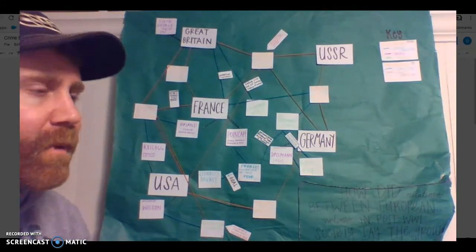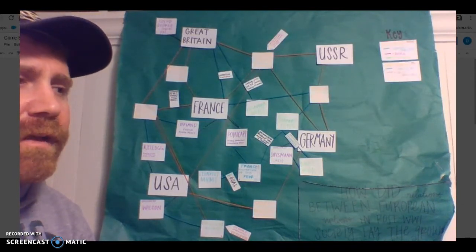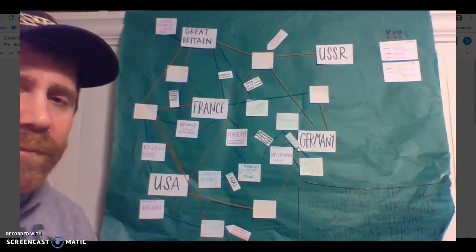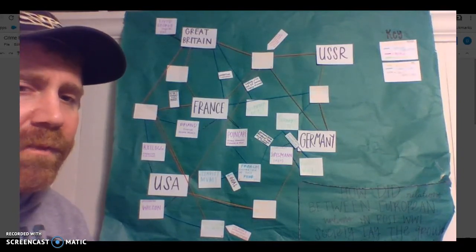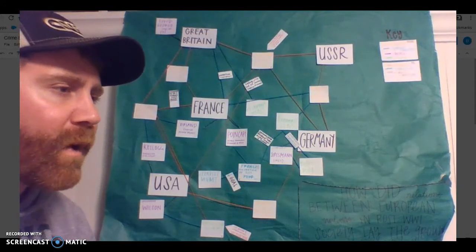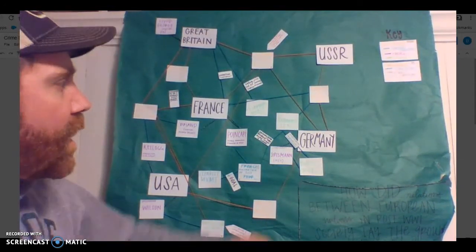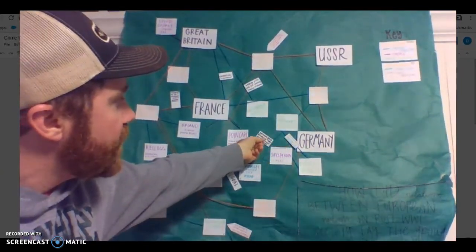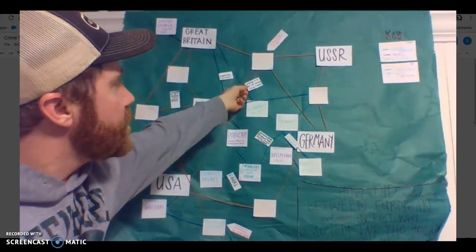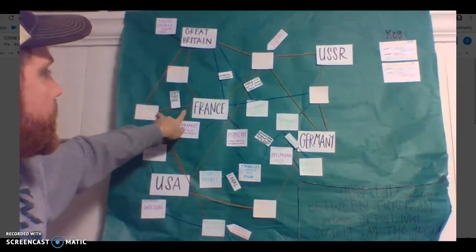This is a difficult part, and this is going to need some time to think about, and this is going to maybe require you to ask me some questions as well. But when you're coming up with these analytical statements, you're coming up with your analysis of how and why this evidence or these connections help answer your question. You want to write them on little sheets of paper like they've done, right? And you want to put them on the yarn that's connecting the two pieces of evidence.